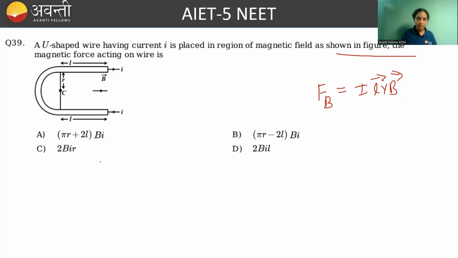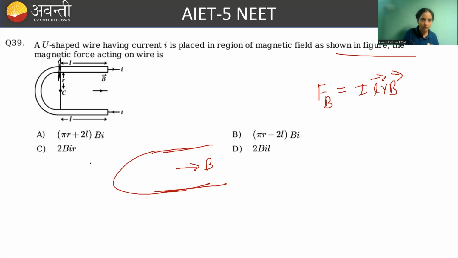Done. And this wire is like this, like this. This is the horizontal part, and our magnetic field is in this direction. So if I consider the force acting on this horizontal part,